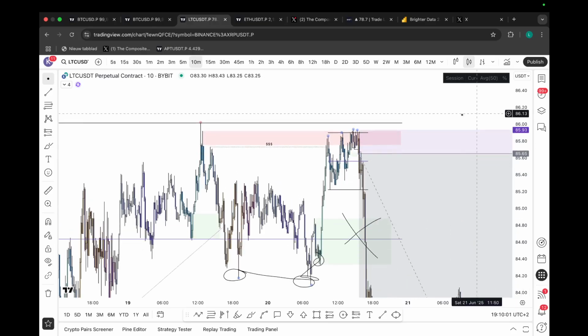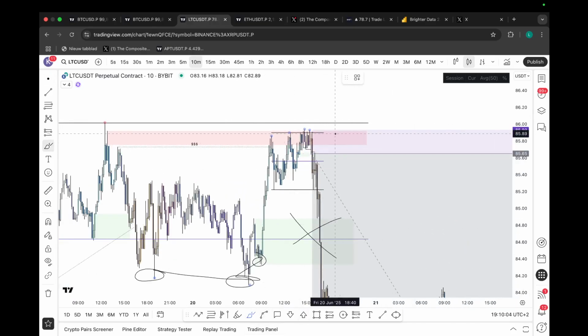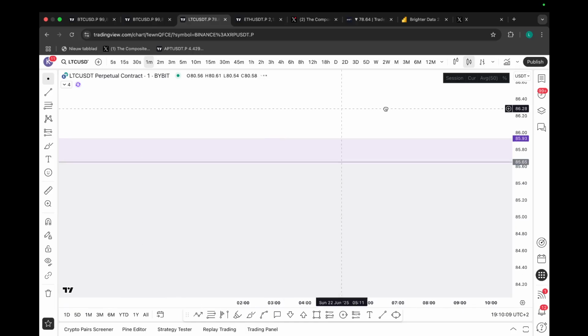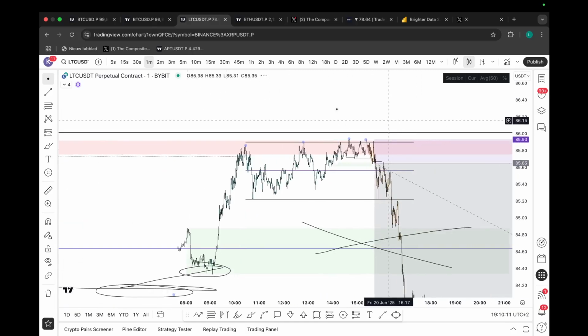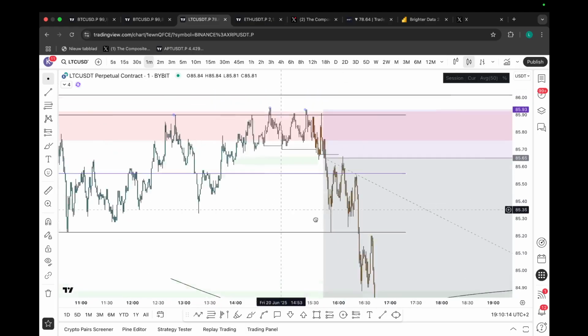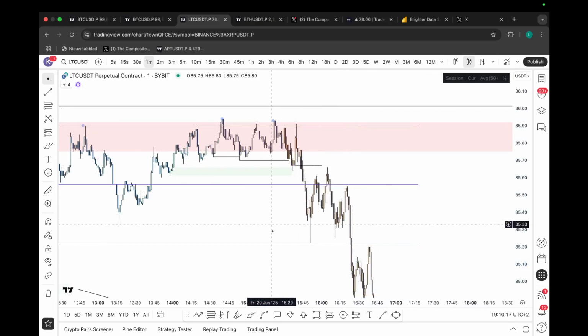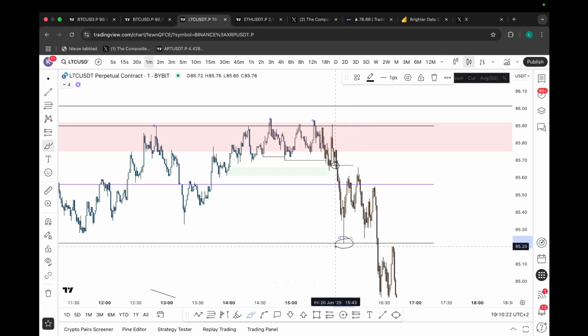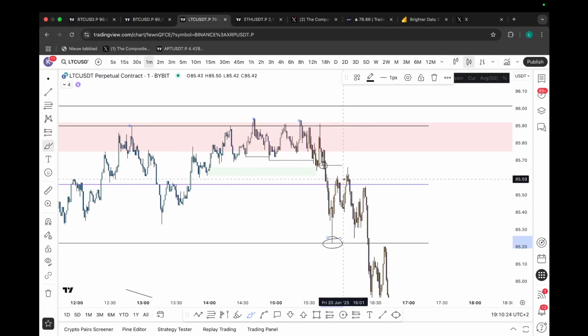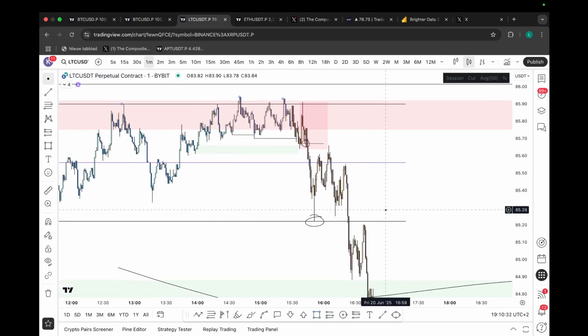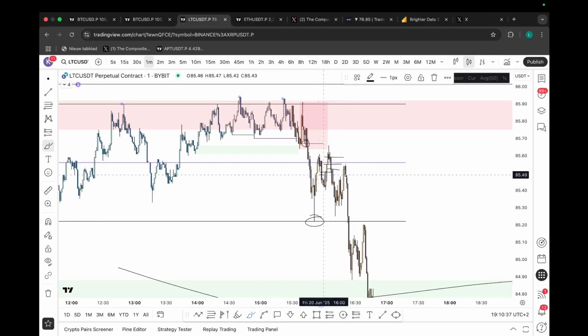The moment I saw Bitcoin also giving even more bearish confirmation. So the moment we got that break of structure, what happened here is that we actually created equal lows. So we created supply up here. So we have our short confirmation right there. We created equal lows on this low, which is just like a magnet for price. So the moment we were backtesting the extreme supply, which was right here, I was just so confident in price coming to that low, I just started scaling in more shorts the moment we were coming down here.